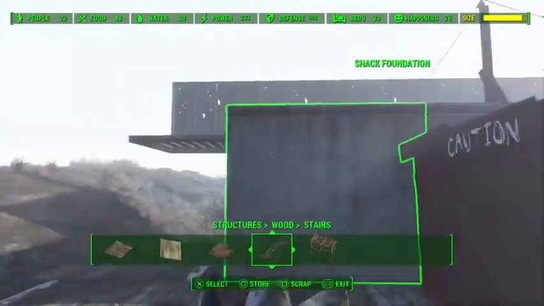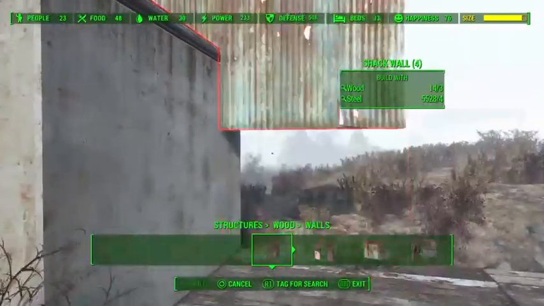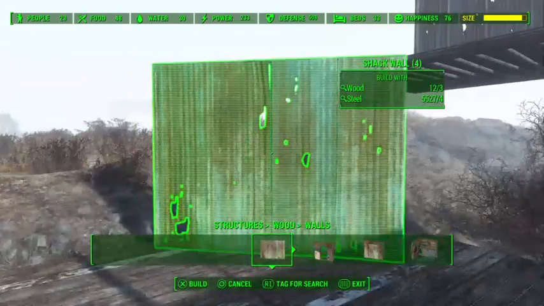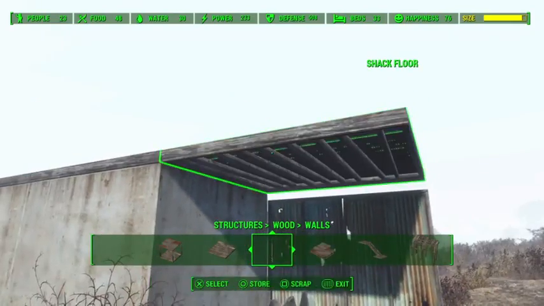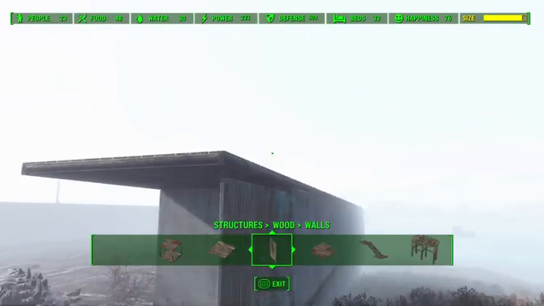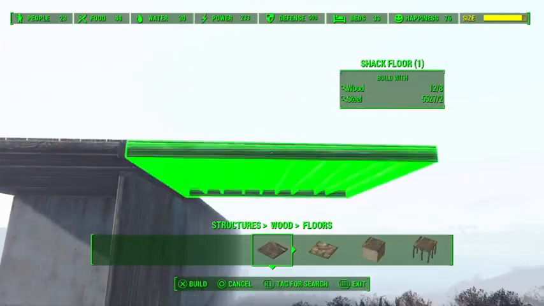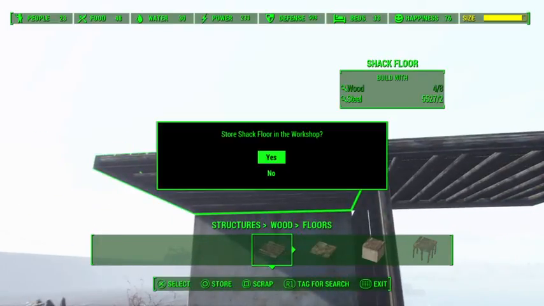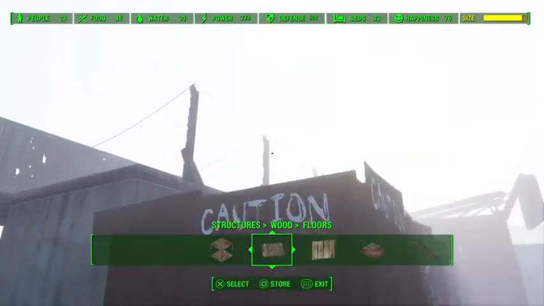See what I mean here. Alright, so I could build walls here and then have floors that come out like this. Give me my floor. There we go. No. And then I would set my cages